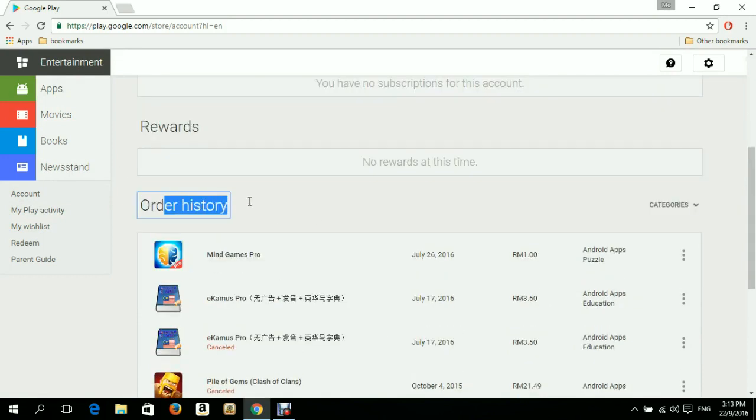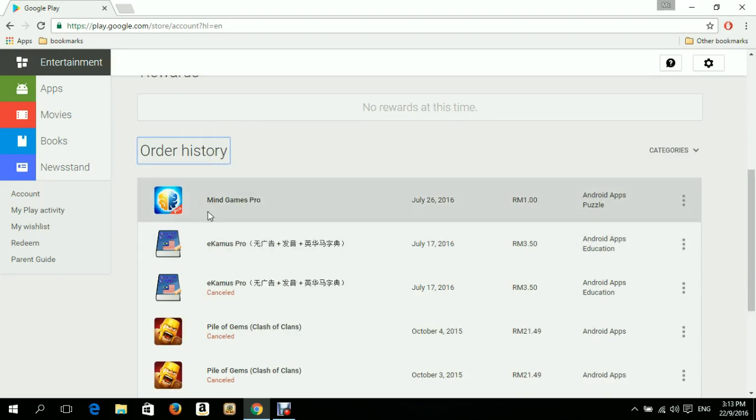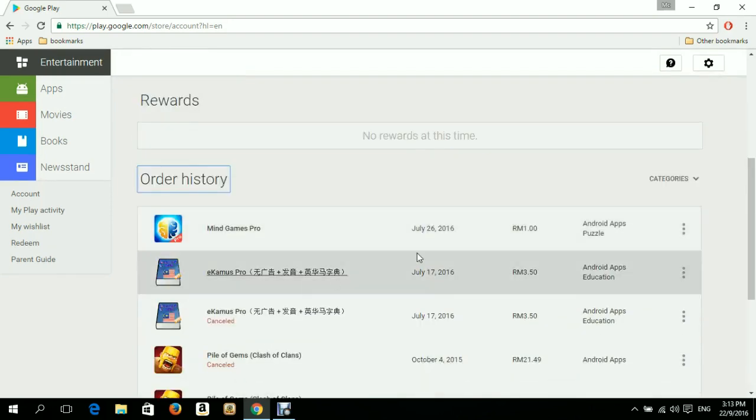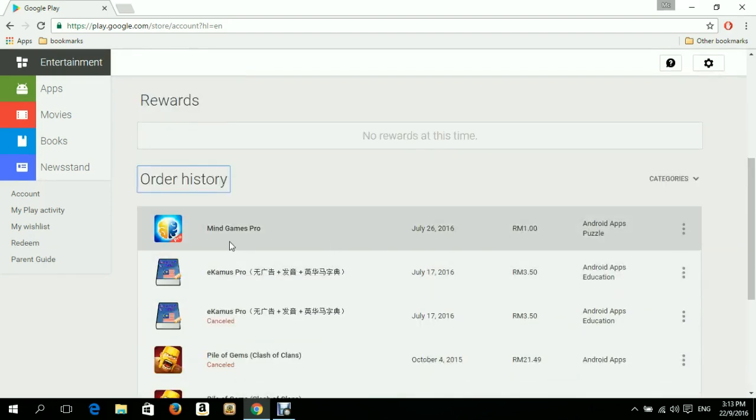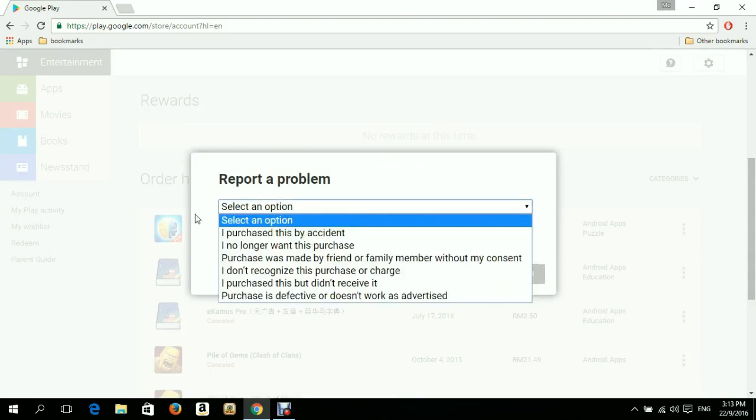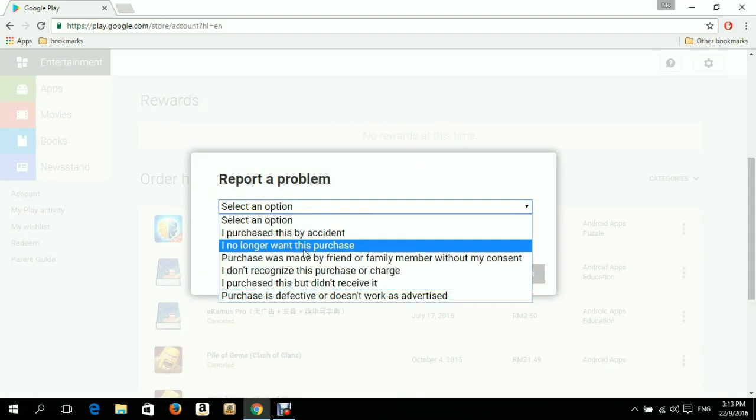Just go to order history and find the app that you want to request a refund on. Now as you can see, this app will be just a demonstration. So just click these 3 dots and click report a problem, and select an option which is a reason. For this video, I'll just choose I no longer want this purchase.